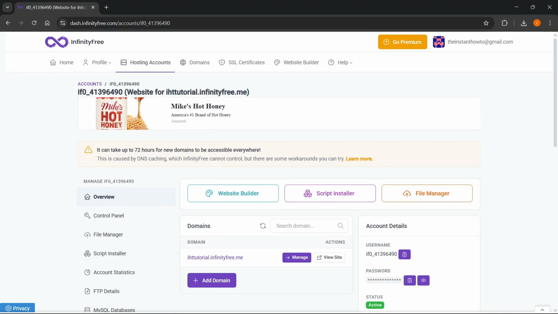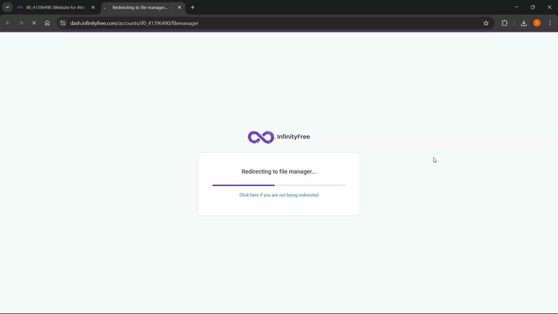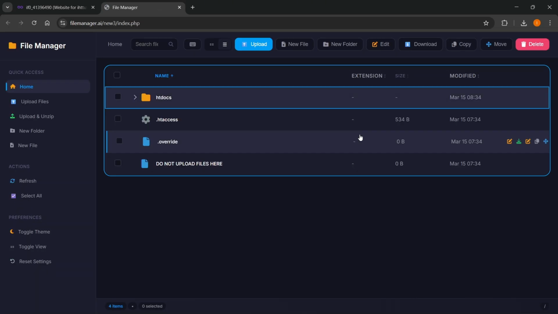In this video, I'm going to show you how to upload a large file in InfinityFree. Now, the first thing you want to do is select your hosting account, and then from here, first try going into File Manager. Sometimes some files will actually go through. So if you click on File Manager here, and try to find the large file you actually want to upload,